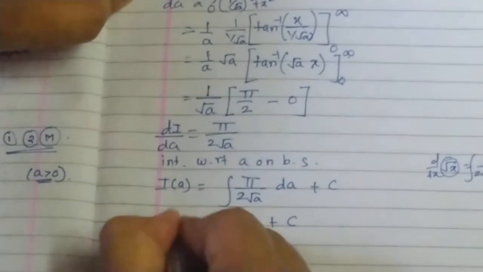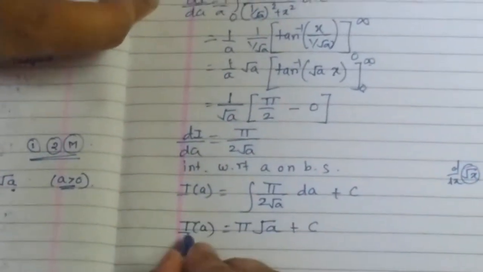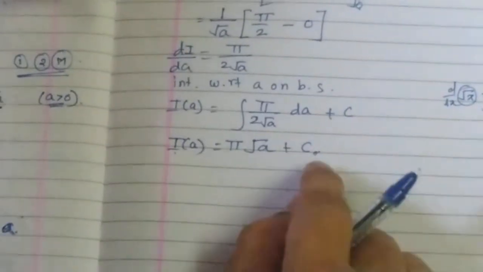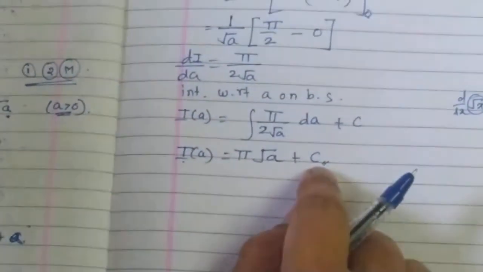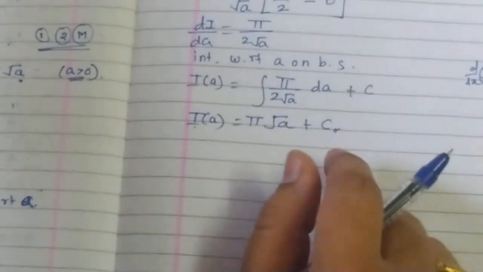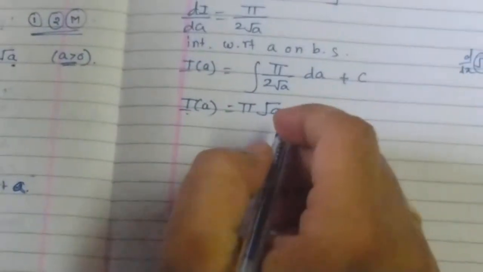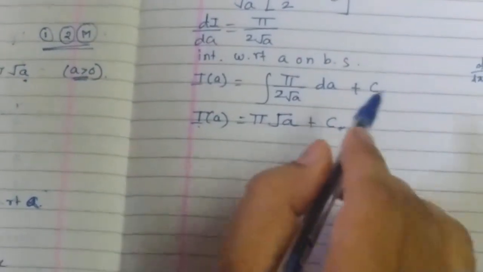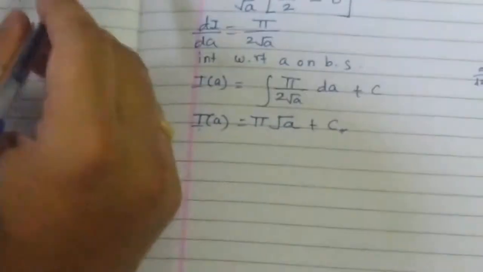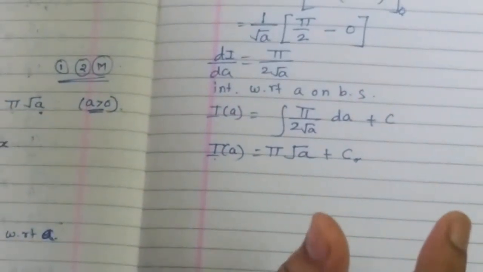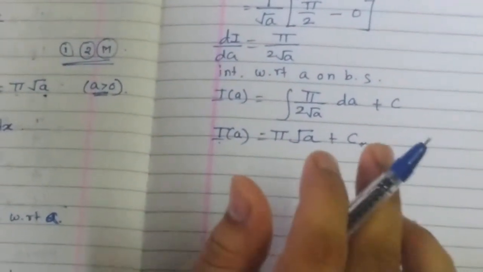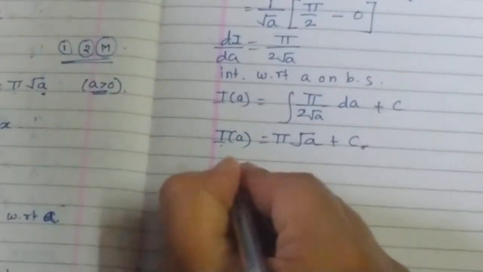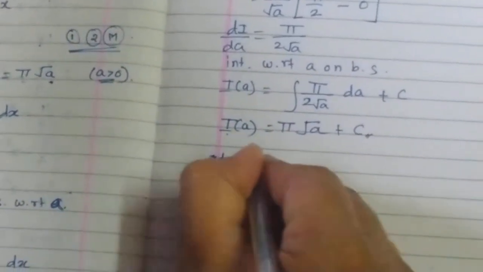Okay. Now I have to derive the value of I, but there is a constant involved here which is not known to us. That means I have to find the value of c. Now what is the way of getting c here? For this, what is to be done? You have to make a substitution for A. So A can be any real number which is to be greater than 0. Okay, because the condition given here is A is greater than 0. But still, to derive the value of c, what we can do is we can substitute A as 0.